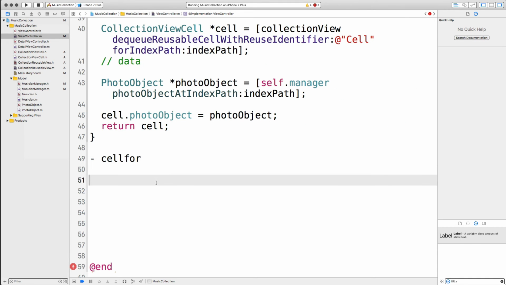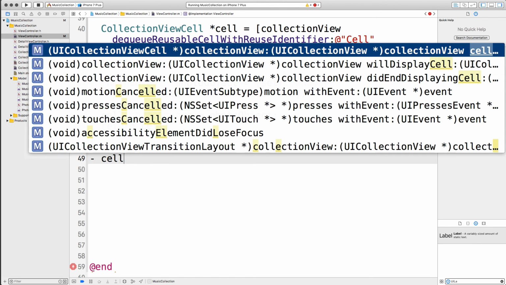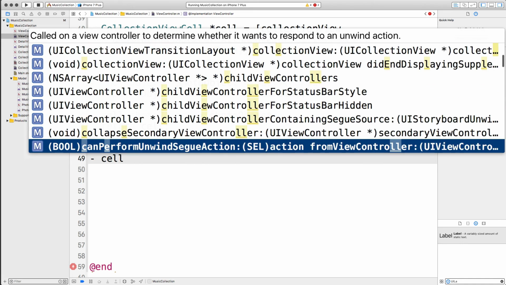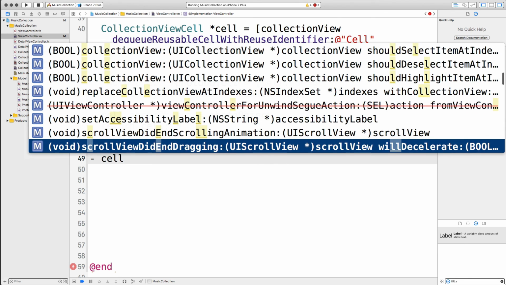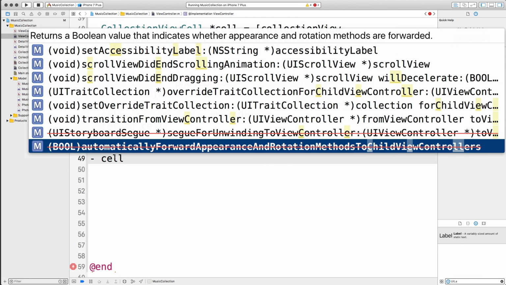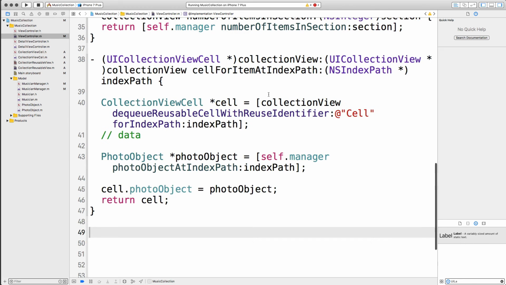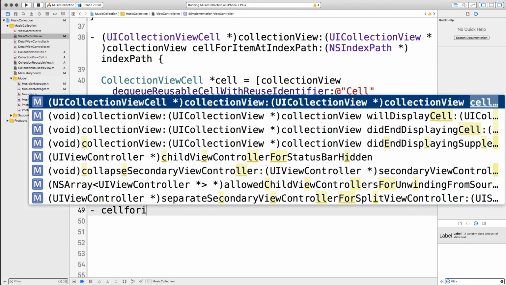I'm just trying to find this method here. I can't find it. When we did cell for item at index path,